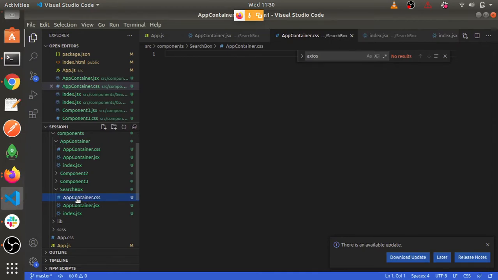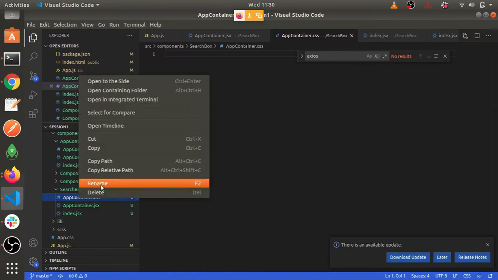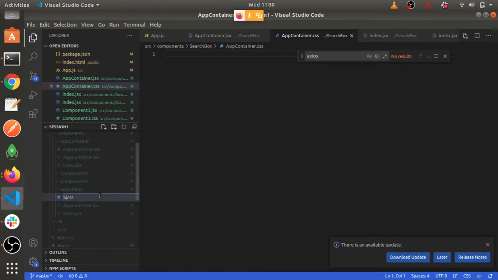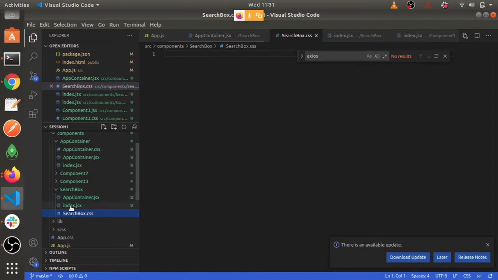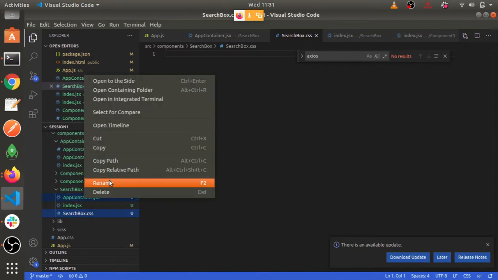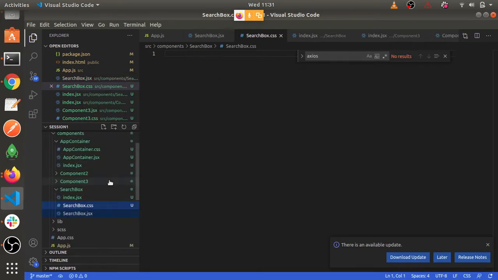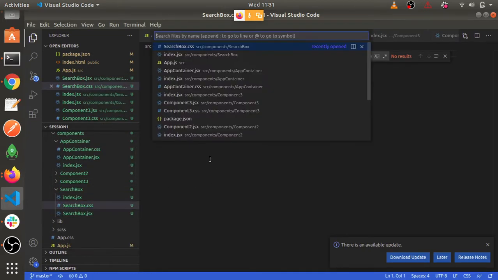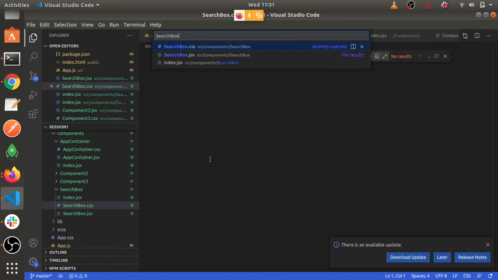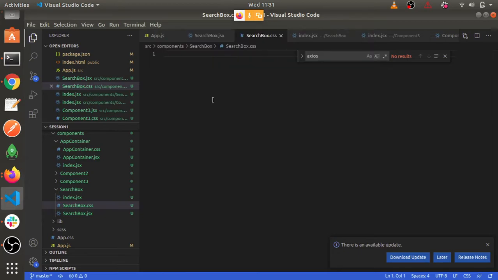Actually, search box was not copied. So if I do search box, you can see we have three options: SCSS, JSX, and the folder itself, right?